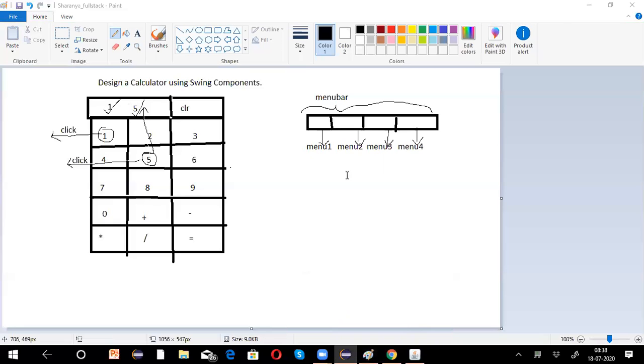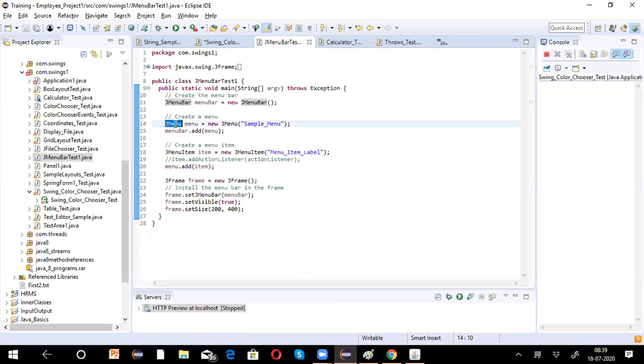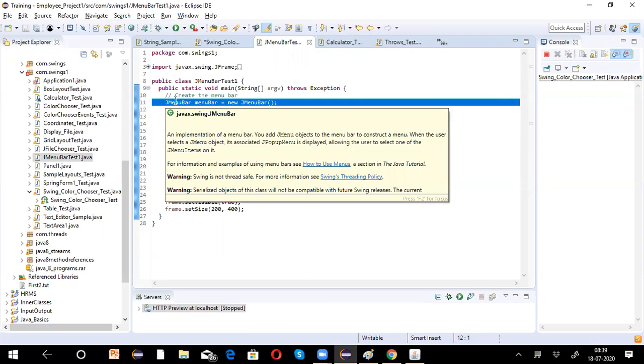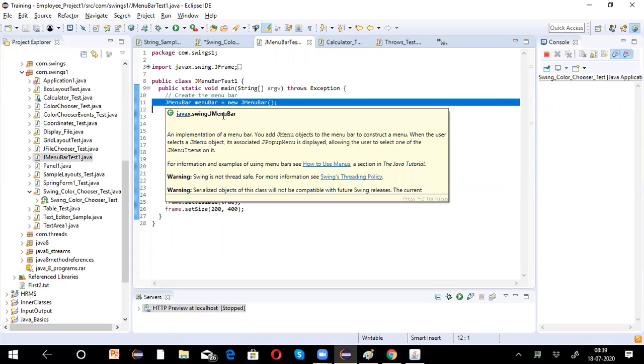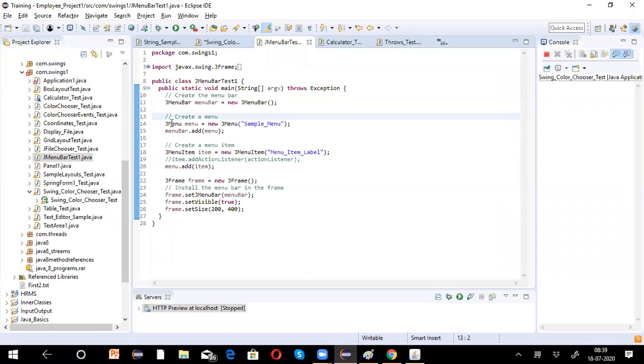So simply what you have to do, instantiate the menu bar, instantiate a menu, and give a title, sample menu, and add it to the menu bar. Simple. Okay, just take the menu bar, because we have a predefined class, because all are hooked items in our Swing API. So from the Swing API you have to select this menu bar and then add components to it.